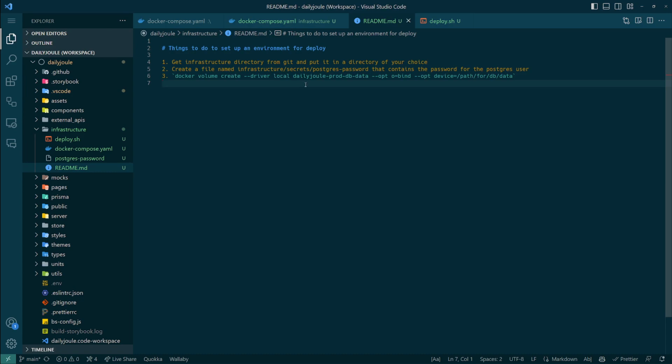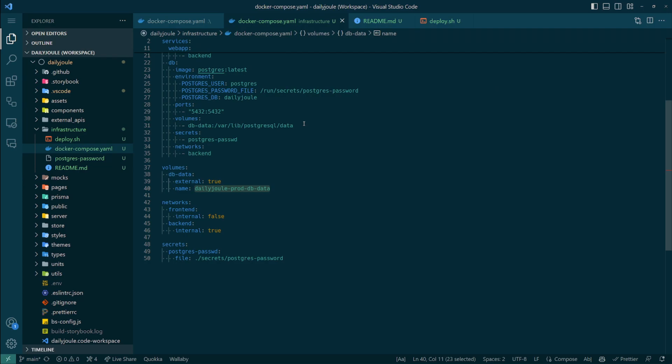For where the DB data is going to live on disk, so that it's not living inside of the Docker container itself, or just a volume that's in the control of Docker that we might accidentally remove, not thinking, oh, what's this volume? Let's remove it. Anyway,